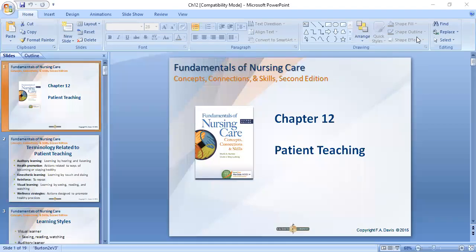Okay, so chapter 12, patient teaching, right? This chapter talks about how we have to educate our patient if any patient needs it, right? Because when we talk to patients, some of the patients need to know, as an example, a patient going to be discharged after the diabetic treatment, and if the patient